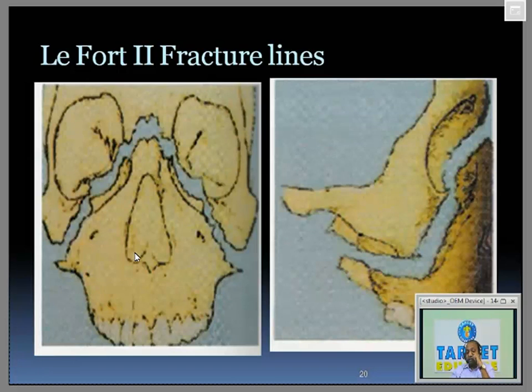This fracture line fractures the frontonasal suture, runs on the medial wall of the orbit. Now remember that particular diagram which I have shown you of lacrimal bone, ethmoidal bone and sphenoidal bone on the medial wall of the orbit. So the Lafort-2 fracture